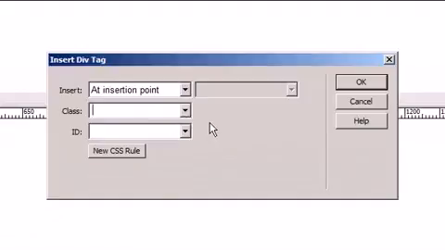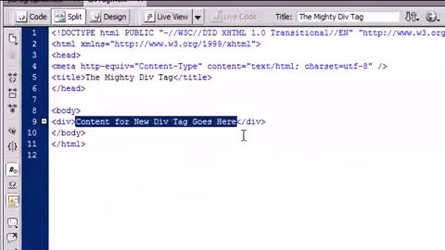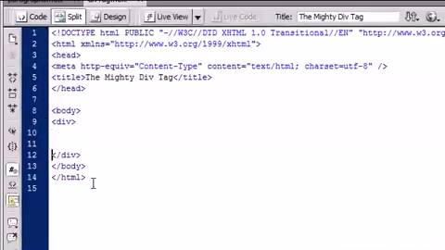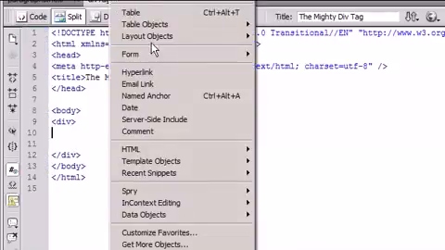And don't worry about the class right now. We're just going to insert a div tag, and it automatically says content for this div tag goes here. I'm going to go ahead and delete that text, and I'm going to press return a few times and add some space in there. Now I'm going to do the exact same thing